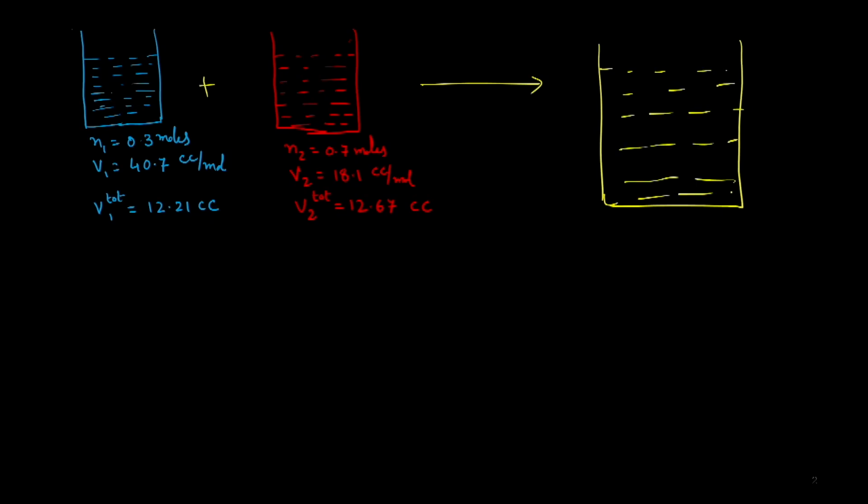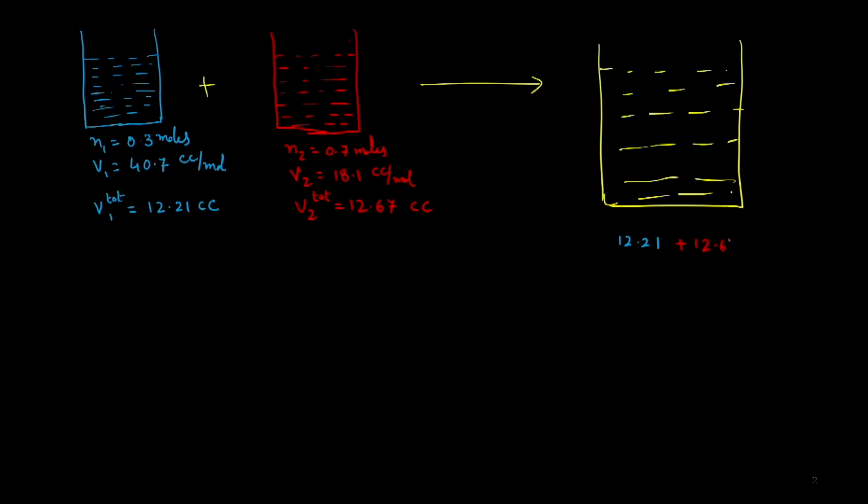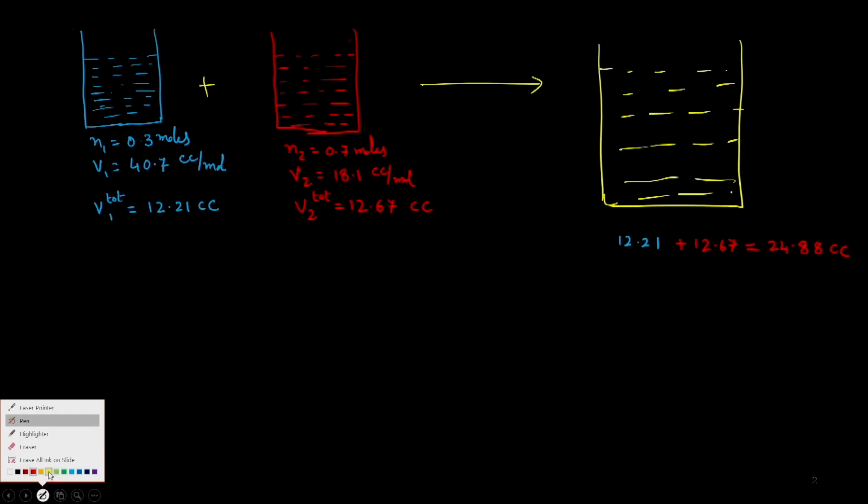And if I pose a question, what would be the total volume for this mixture, then we would be tempted to say that it's going to be 12.21 plus 12.67, which is 24.88 cc. However, it turns out when you do this exercise, the volume you measure is not 24.88 cc, rather it is